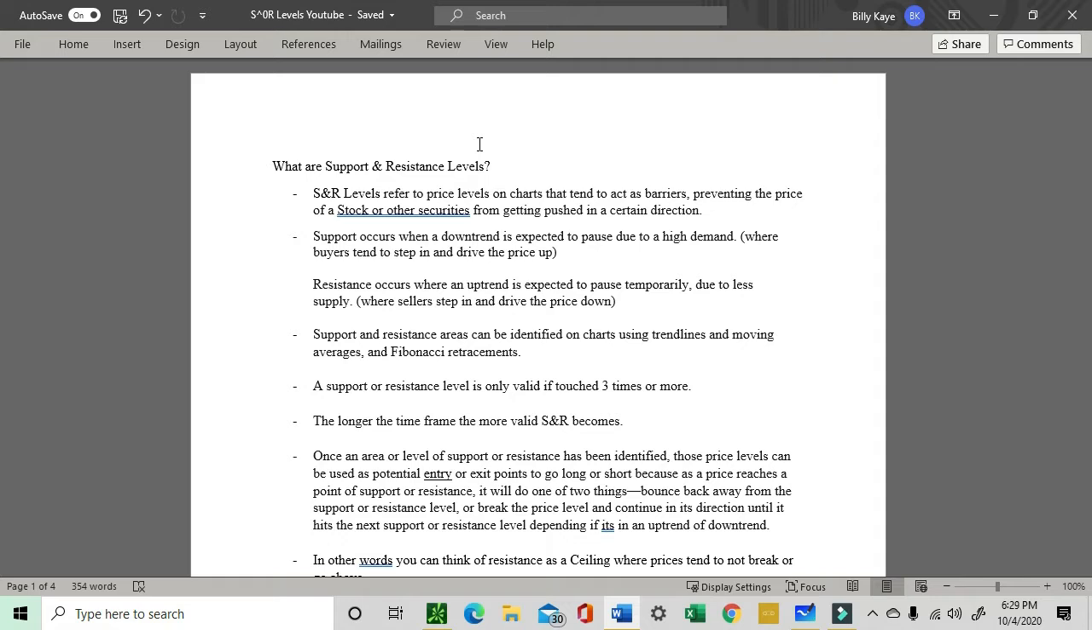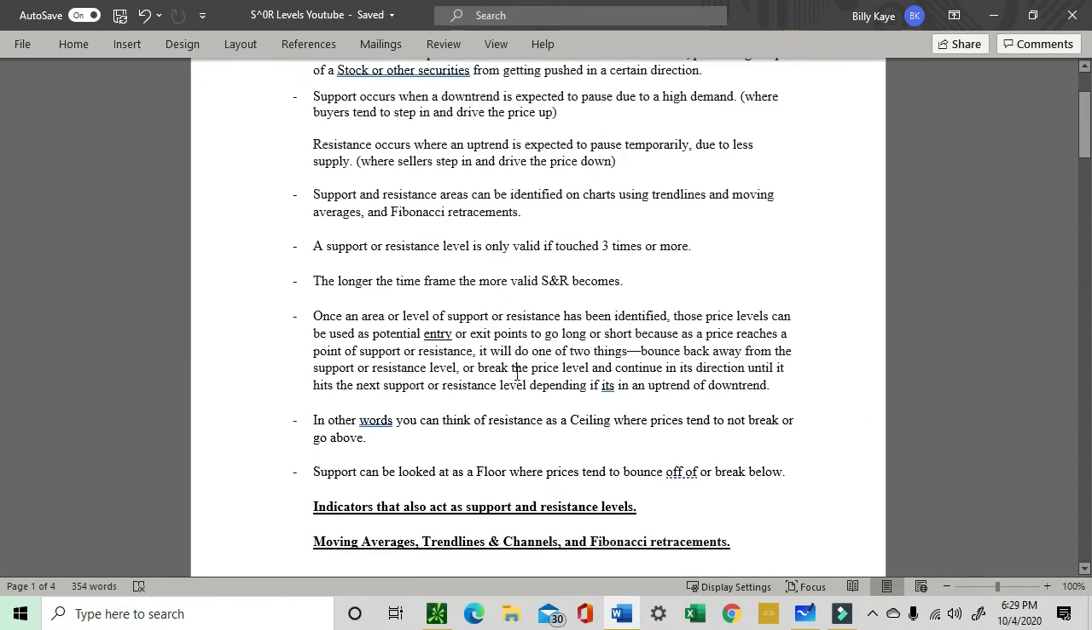Support and resistance areas can be identified on charts using trend lines, moving averages, and Fibonacci retracements. A support or resistance level is only valid if touched 3 times or more. The longer the time frame, the more valid support and resistance becomes. Once an area or level of support or resistance has been identified, those price levels can be used as potential